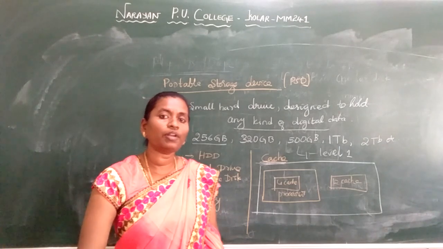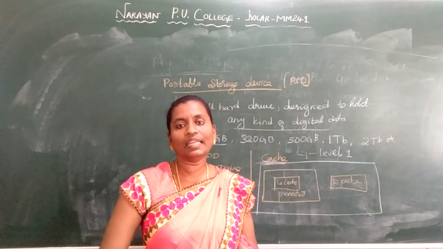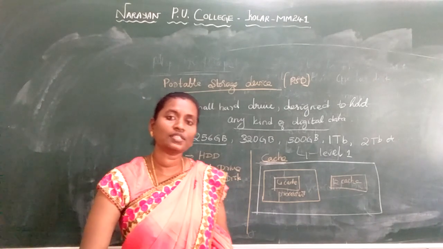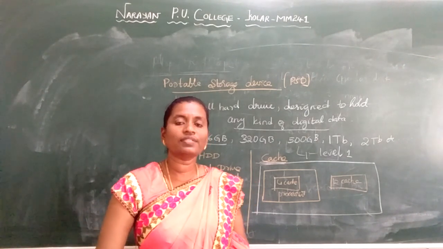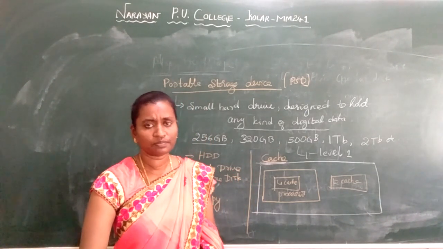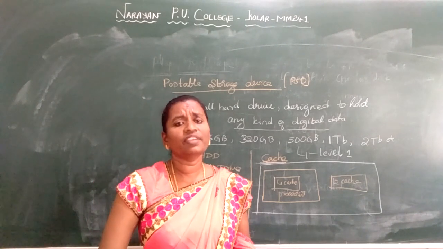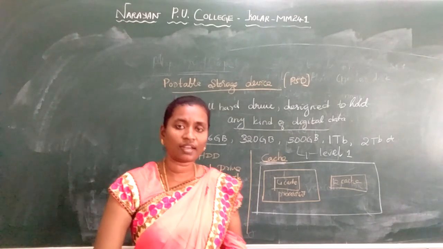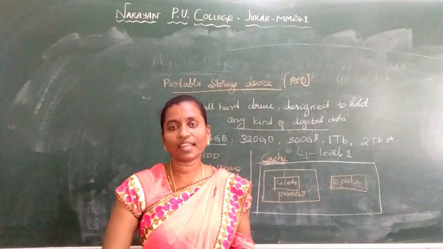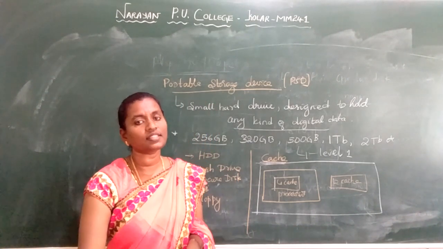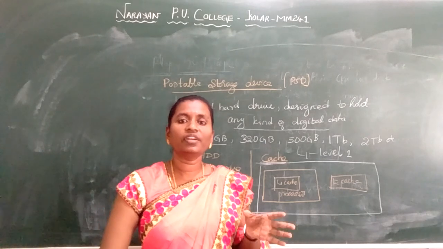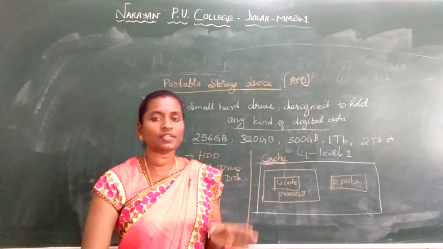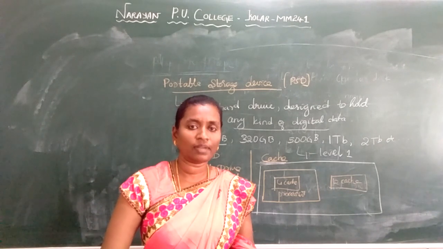Next we discussed RAM. RAM is a volatile memory. It is a temporary memory. The contents in the RAM get erased once the power goes off. We have seen different types of RAM. We have EDO RAM, static random access memory, SDRAM, synchronous dynamic random access memory, and DDR SDRAM, double data rate synchronous dynamic random access memory. We discussed all the types of ROMs and RAMs. These are about primary memory.